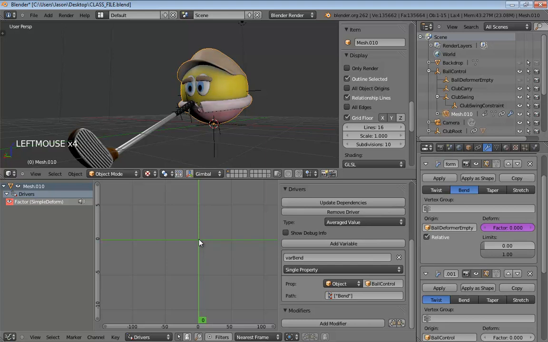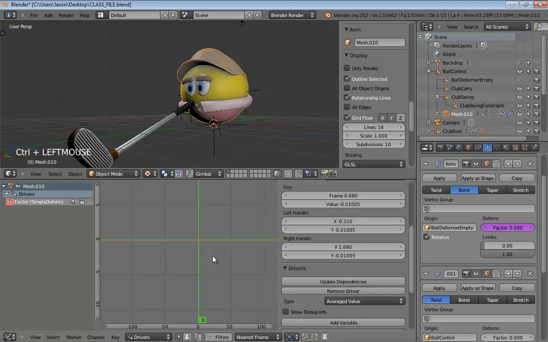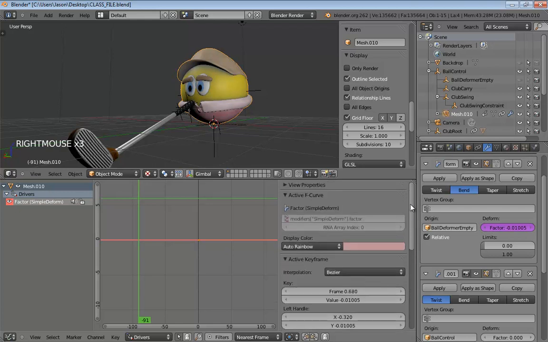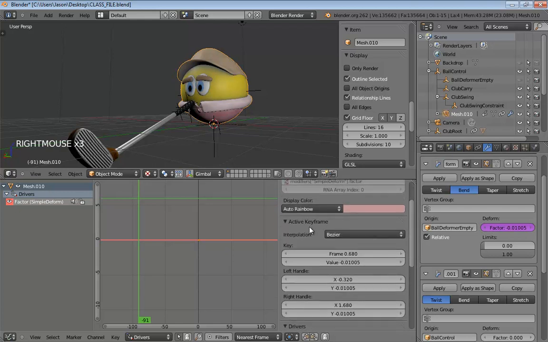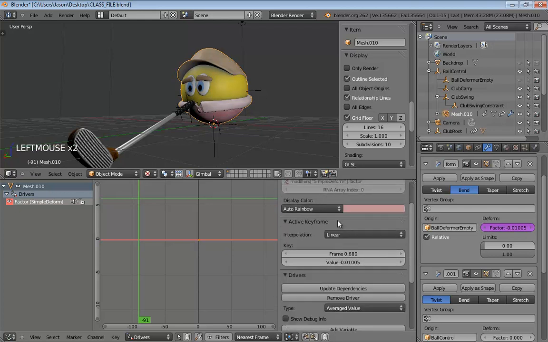So I'm going to hold down Control and just click right here in the graph editor. That's a left click, by the way. And if I right click, I can move our cursor out of where you see I just placed one tiny little keyframe. Now with that key selected, if you come over to Active Keyframe, just go ahead and set that over to Linear. When I am creating driver relationships, 99 times out of 100, I want a linear relationship between the two.